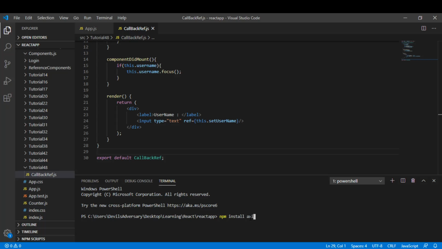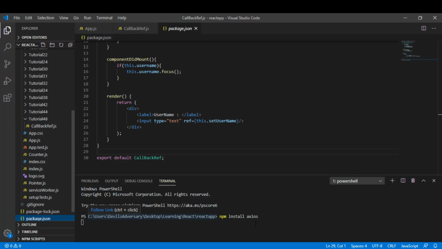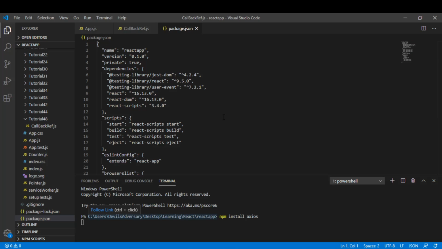With the help of installing this Axios package, you will see in package.json, once this is installed, Axios would be added as a dependency over here. And once this is installed, from there on, you can go ahead and use HTTP GET and HTTP POST on a service to get and update the data.